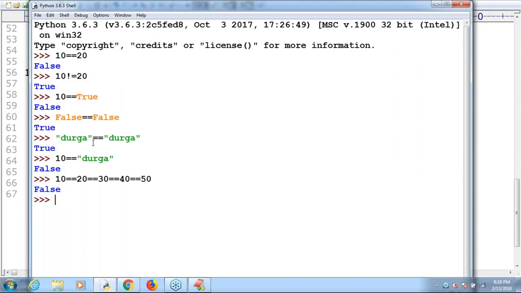Now I'm taking 10 double equal to 5 plus 5, double equal to 3 plus 7, double equal to 3 plus 7, double equal to 2 into 5. Can you please tell what output we are going to get by default? Cross check: in all cases, true is the answer or not? Yes. I hope you understand, sir. If all conditions are true, then only the result is true, sir. Otherwise, the result is always false. Remember that.